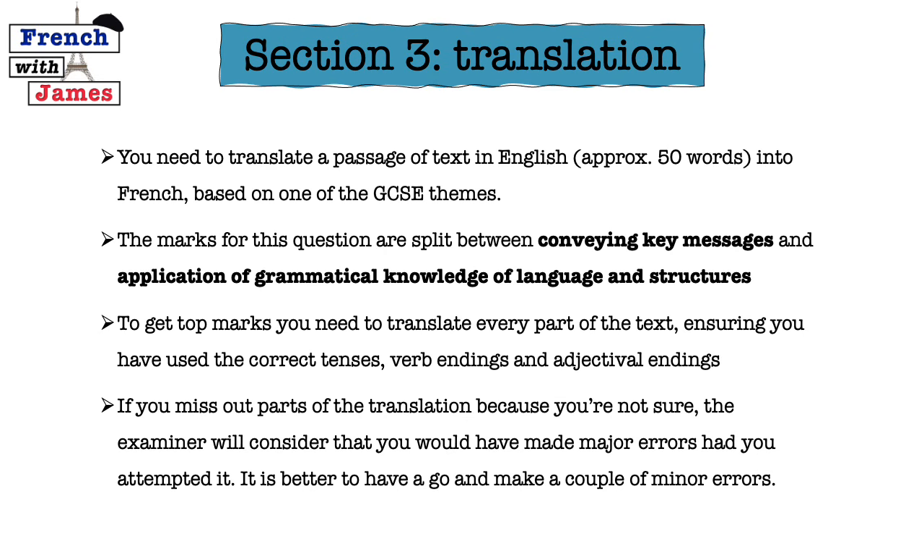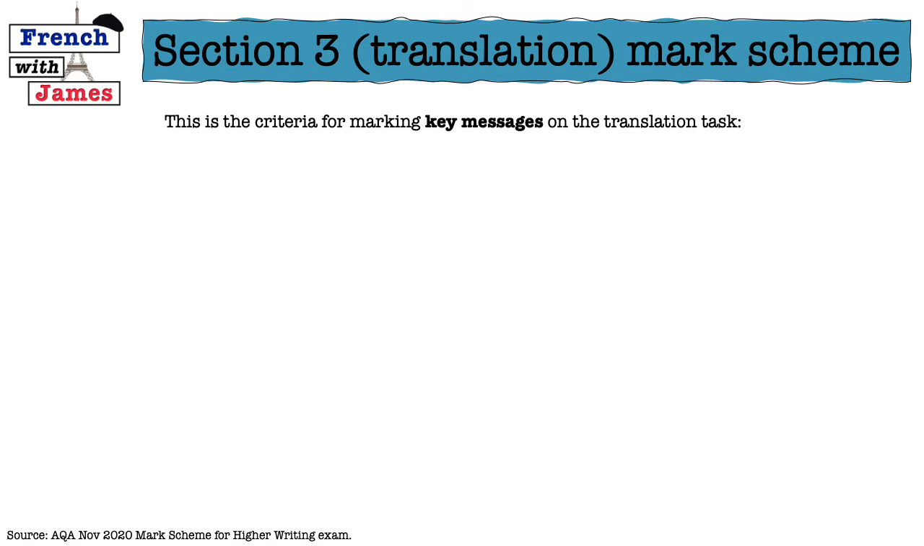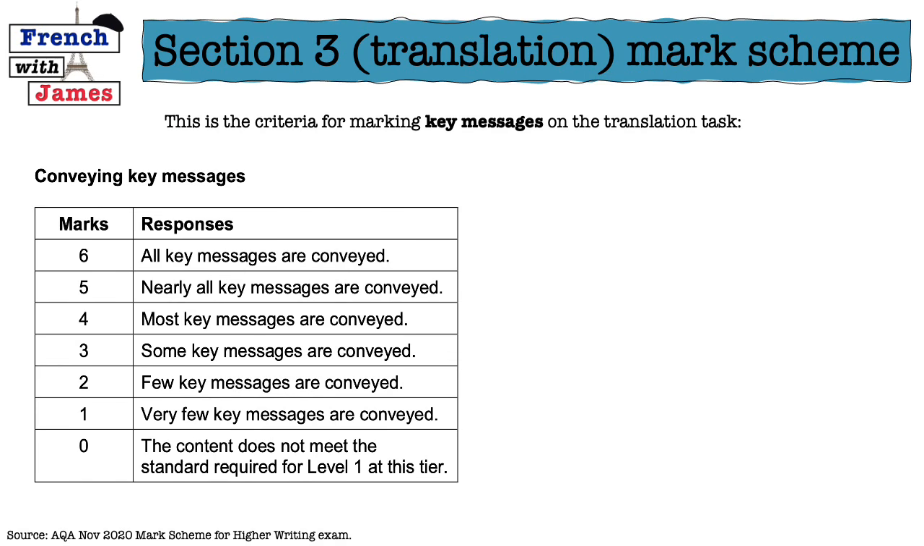If it's 7 words, a long phrase you don't get, but you know 3 of the words, write what you know and guess the rest, because it might be that you get a tick for those 3 words and not for the other 4, but at least you had a go and you picked up an extra mark as a result. So looking at the key messages criteria, you need to convey all key messages to get 6 out of